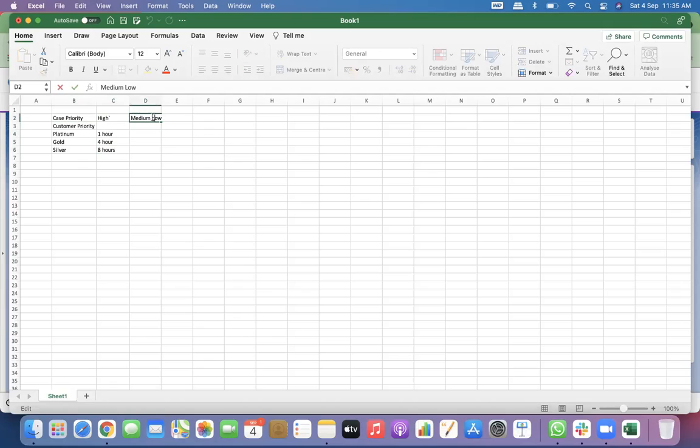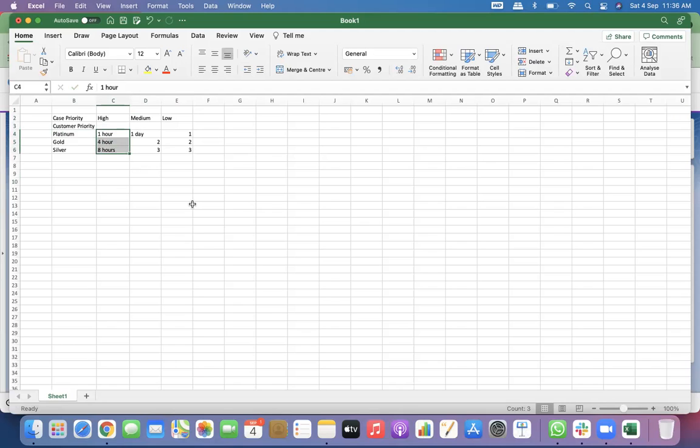It is based on what is your contract. That is the way it is defined. So every organization will have a different value. So here medium might be 1 day. This can be 2 days. This can be 3 days. Low can be 1 week. This is 2 weeks. This is 3 weeks. Are you getting it? So based on the priority of the ticket, I will have separate customer priority based SLAs.